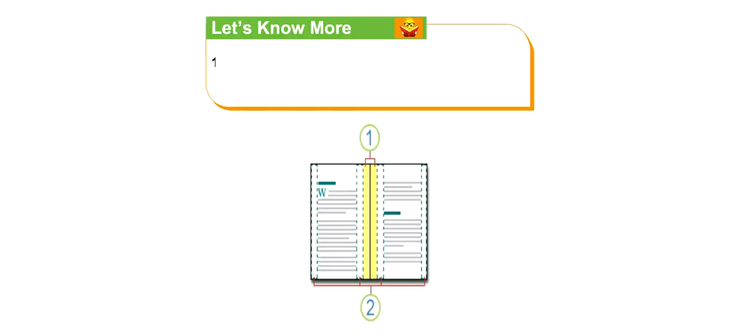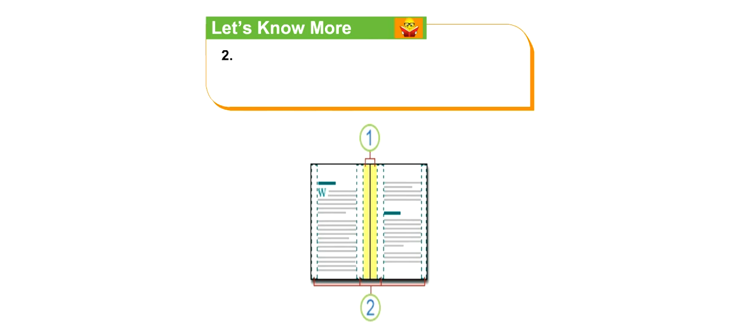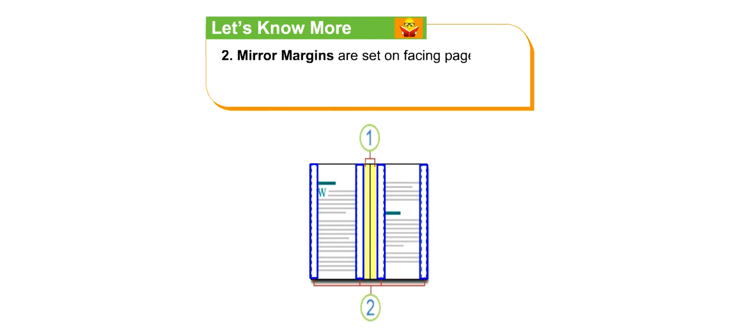Students, let us know more. Number 1, gutter margin is the extra space inside margins to provide scope for binding. Number 2, mirror margins are set on facing pages when you want to print a document on both sides of